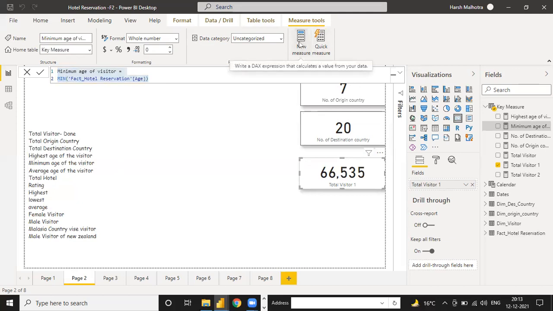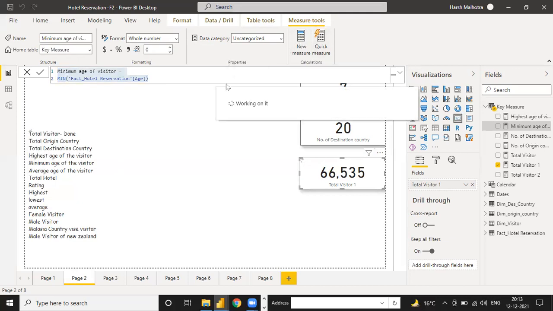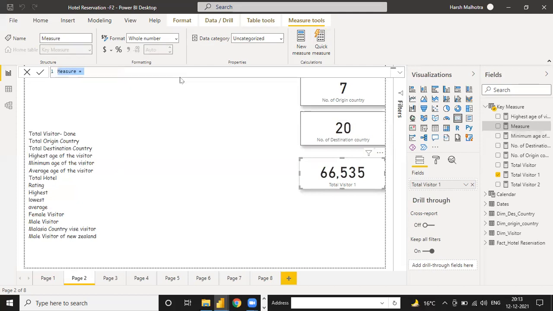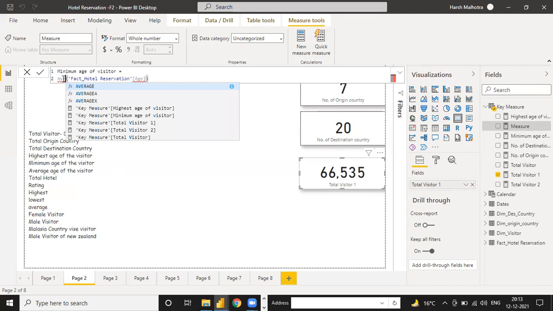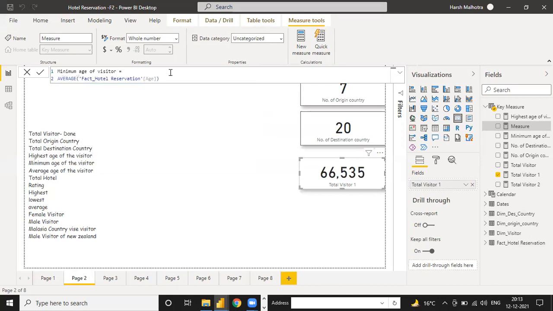And see, for average we have three average functions. One is AVERAGEX. See, if you click on this average, we have AVERAGEA, AVERAGEX. So you are going to use only AVERAGE. Why are we using average only? Because you only have to count the average for one particular column. And if you need to count the average for two, three or four columns together, then you use AVERAGEX. Okay, so right now we have to use only the average function.